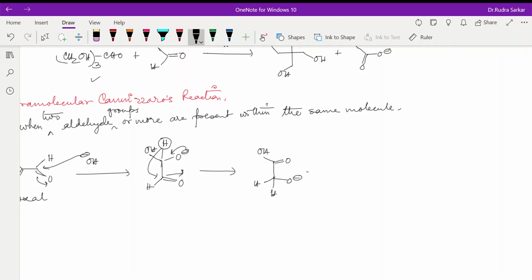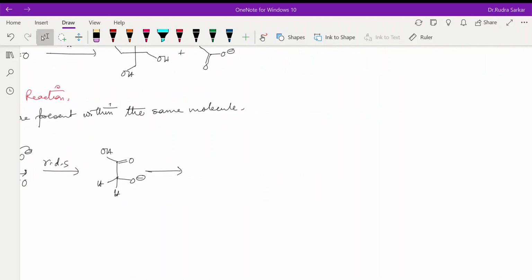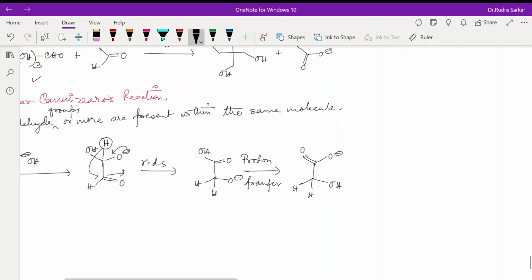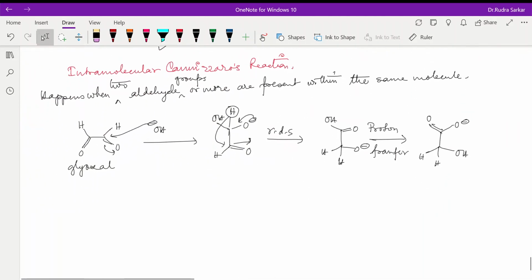Okay, now that was your rate determining step. Proton transfer means this gets converted to carboxylate, and that is both the hydrogens. So that is your product. Okay, next,